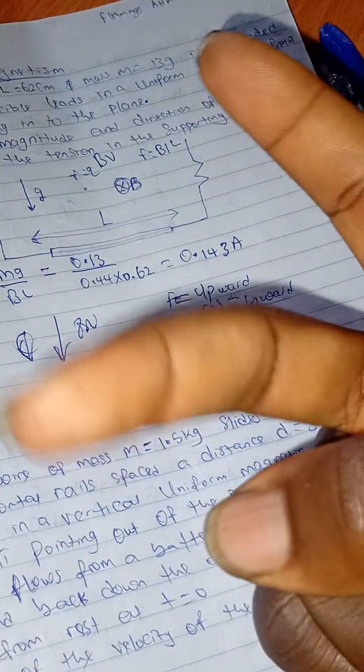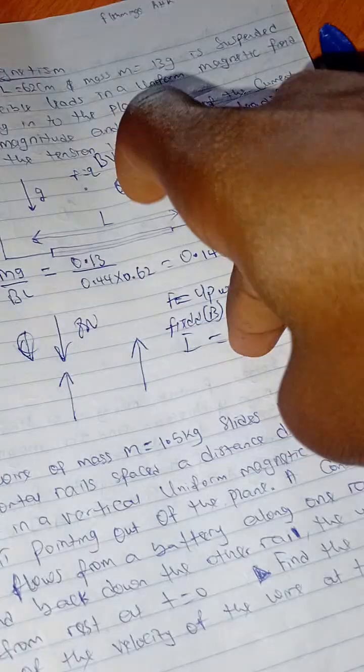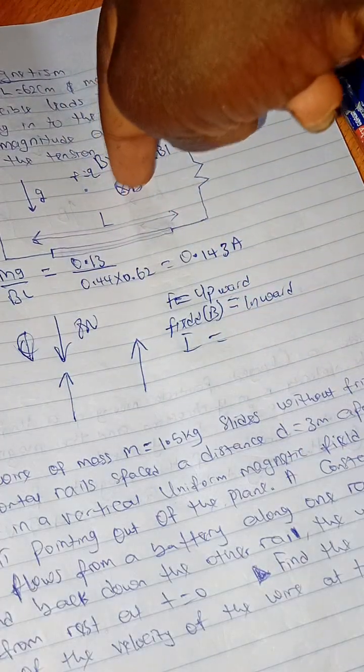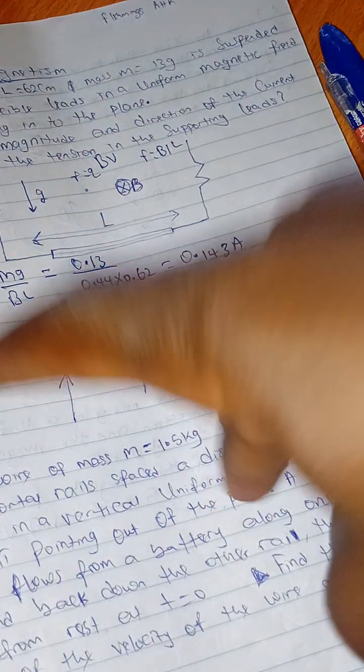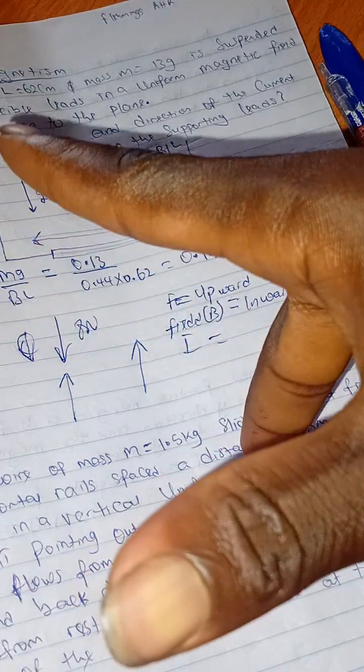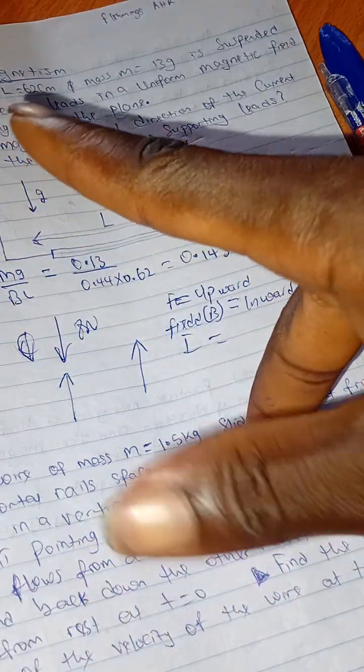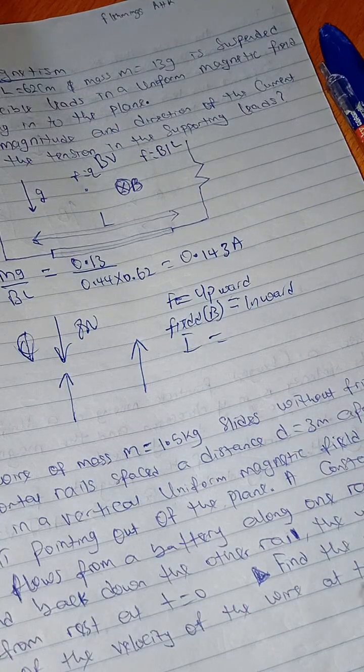Now, this stands for field. For this field to be going into the page, this is the field, see where the B is. Let this finger be going into your paper, into the page, and this force must be upward. Why this current? That's what I want to see. So for my field to be going into the page and